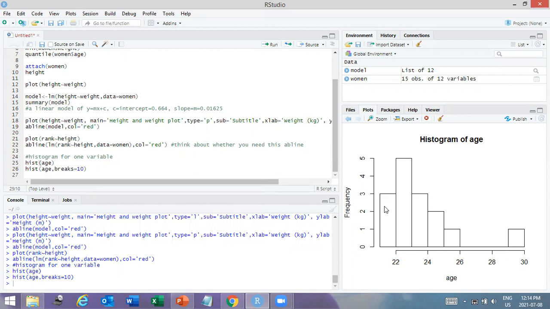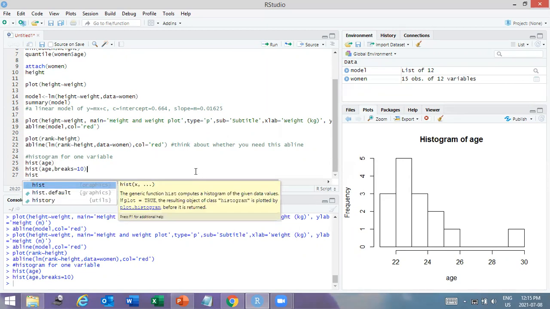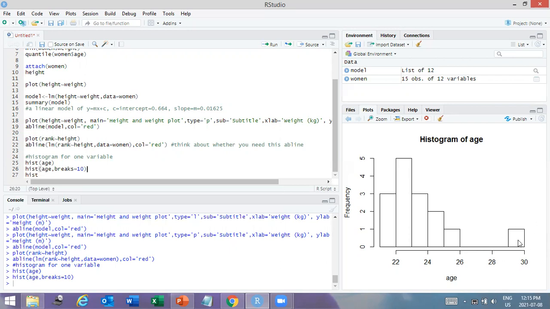So here the breaks are splitting the data points more frequently, so you can have more bars showing more detailed information. You can see there is some data at the very right end, which we can somehow say is an outlier. If you want to drop the data at the very right end, for example, you only want to keep the data points located between age 20 and 26, then